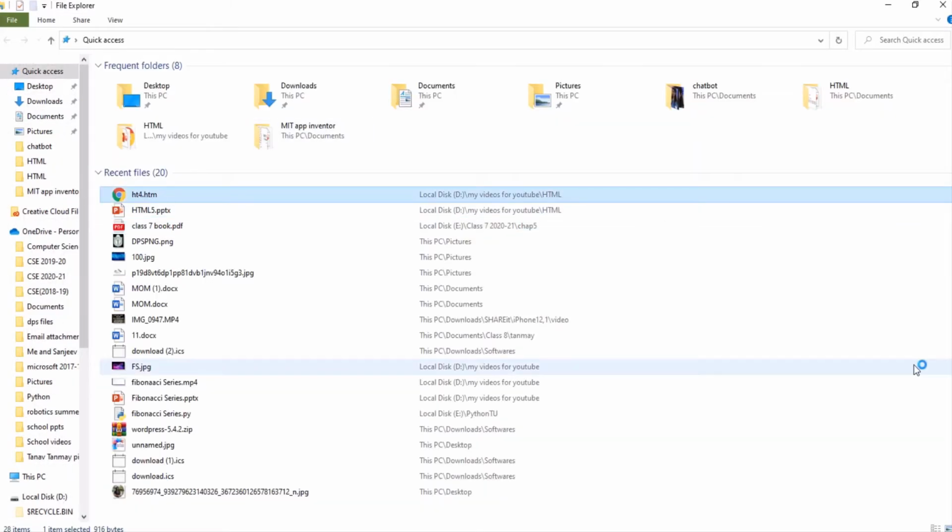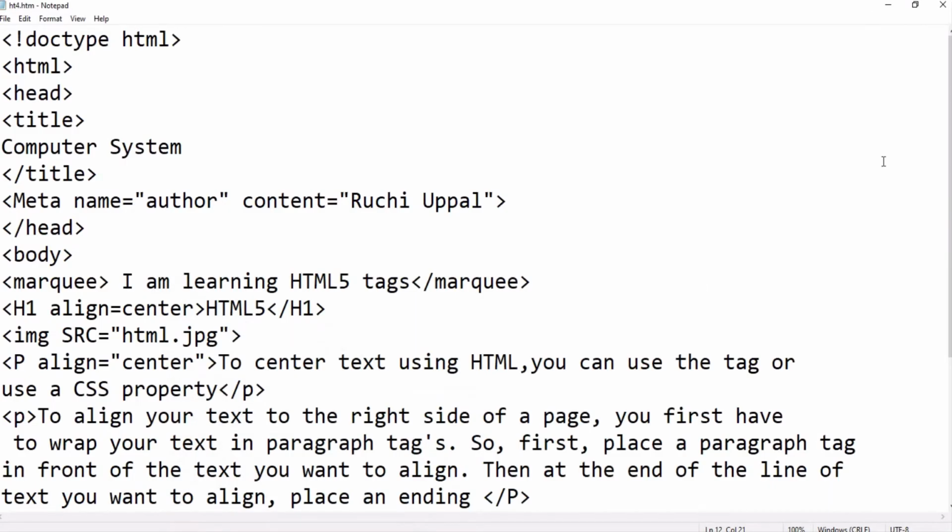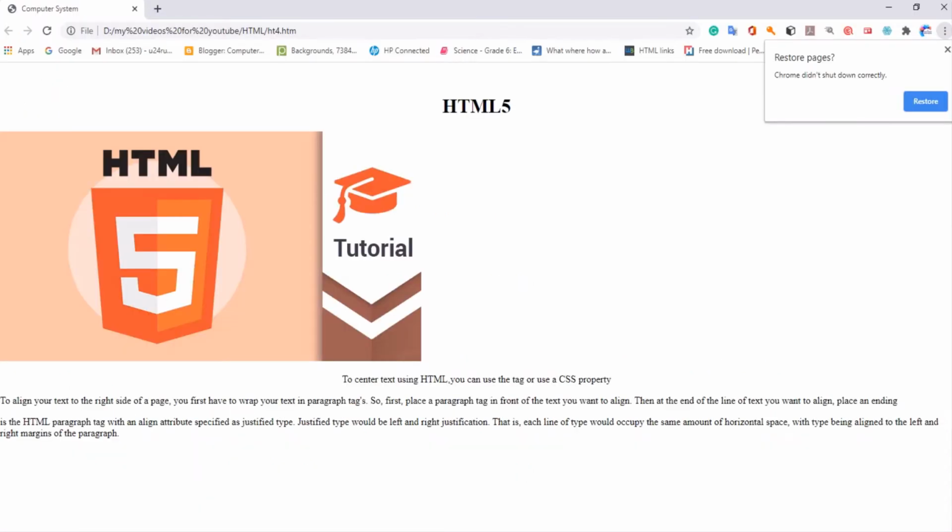Okay, this is my file. Here's the file. Oh, wow, so you can see here, this is how the image is coming. It is by default coming on the left side. If I set the positioning, then it will come according to that position.